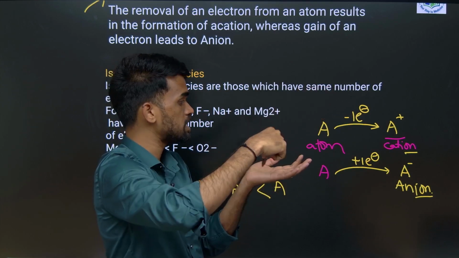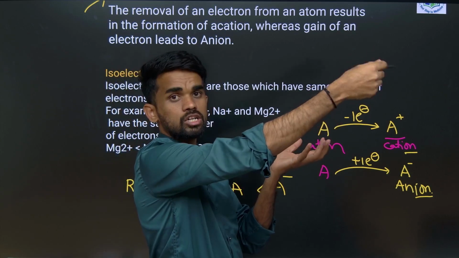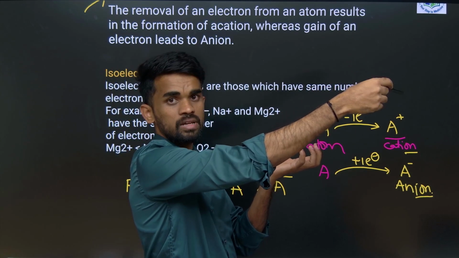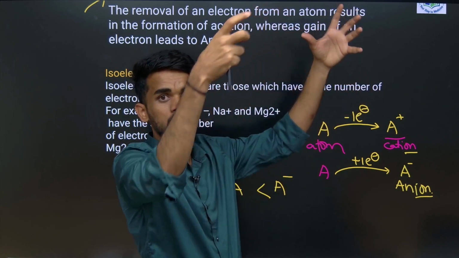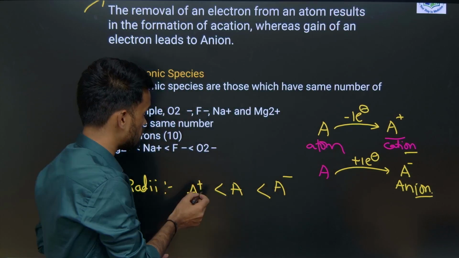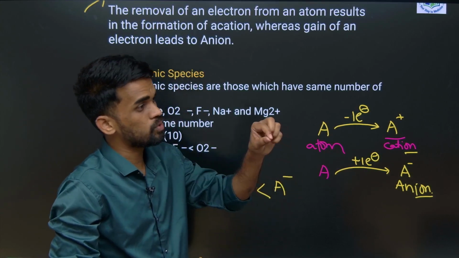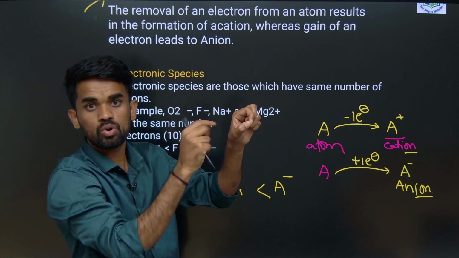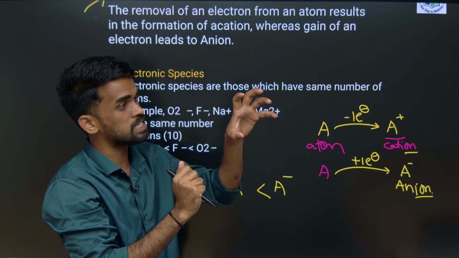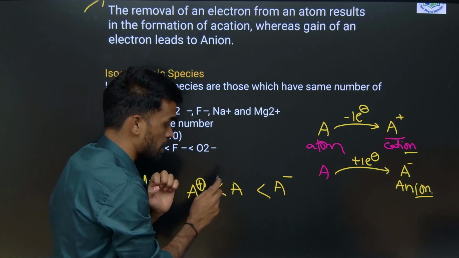Okay, so this distance will be more when we have more electrons in the electron cloud. So in the outermost shell, if the electrons are more, we have an expanded electron cloud, therefore the distance will be more. Since here it is a positive charge, the effective nuclear charge will be more, therefore it will attract the valence electrons more closely towards itself, therefore the size shrinks. The size decreases when we compare with the atom.